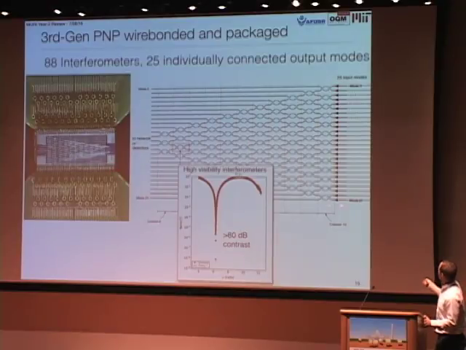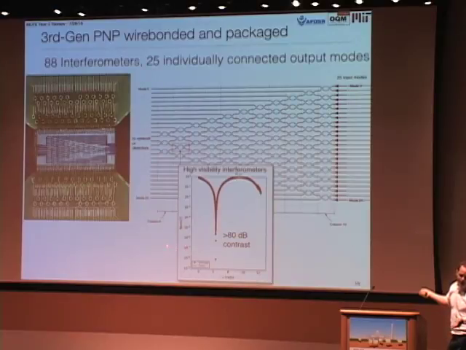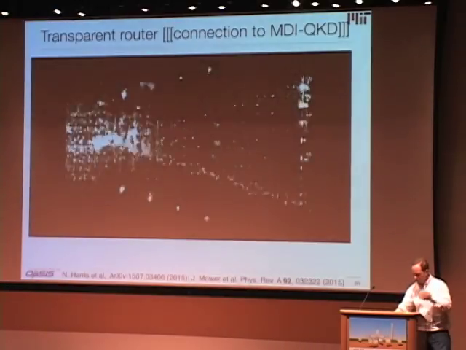Here's basically a schematic of that chip. You can see here a total of, actually it's 26 input modes. So you could talk to 26 users, and you can route all of these, which are Mach-Zehnder interferometers with very high visibility. We get more than 80 dB of visibility in the contrast of these interferometers. You can route light from this user with any of the other users together to do a Bell state measurement here at the end if you send this to photodetectors. And so here's this chip in action.